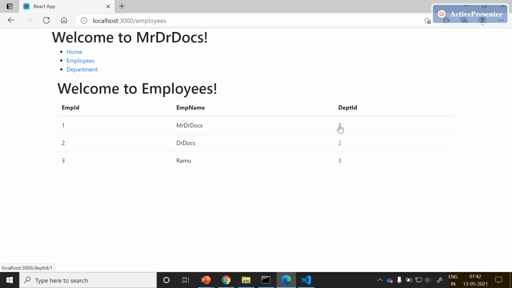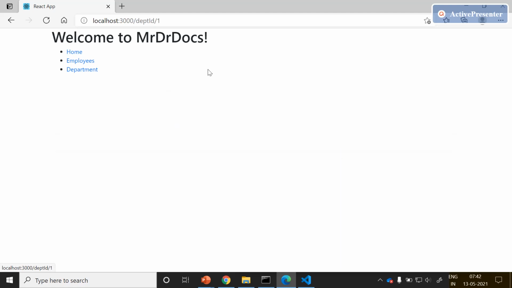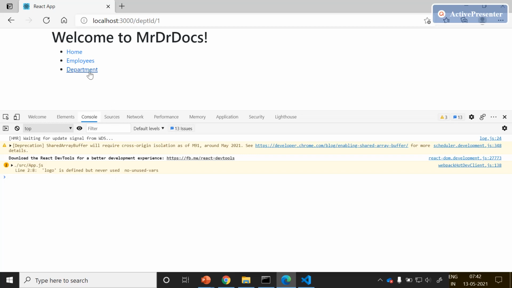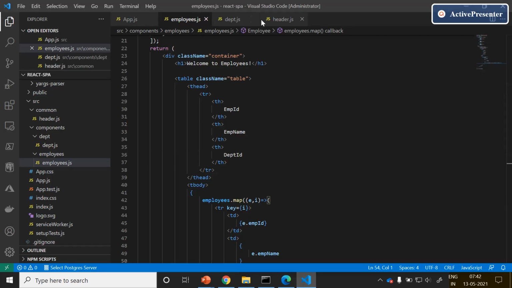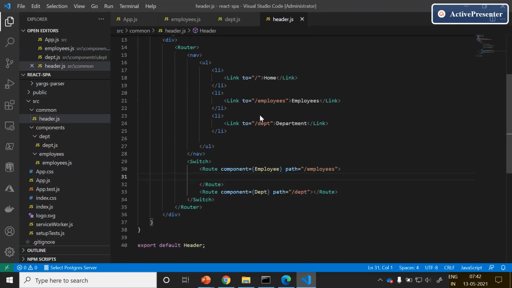Yes, if you hover over it, at the end of the screen you can see department slash 1, department slash 2, and department slash 3. Just click on this and see whether we can navigate to department or not. If you click on one, department slash 1 is not showing any department information because the path now contains the department ID. Come back to app.js. Header.js contains the navigation information.